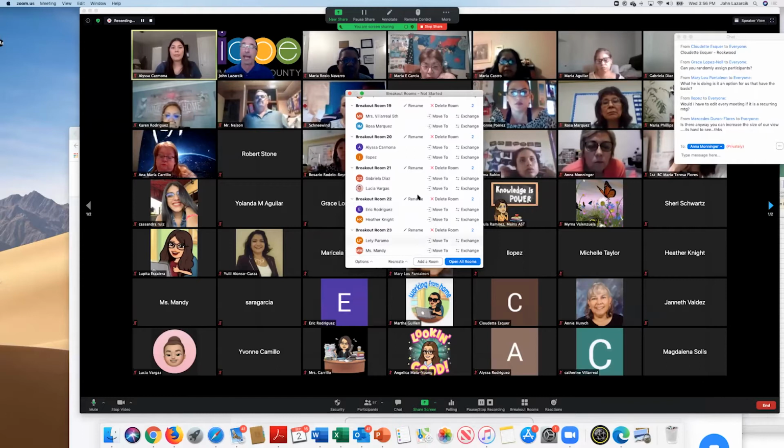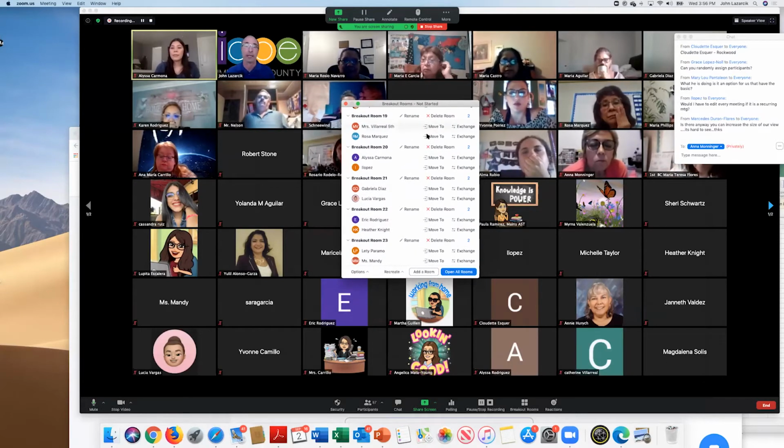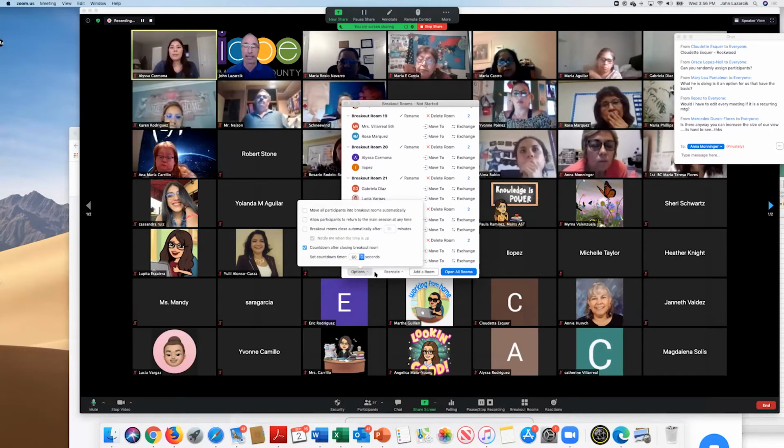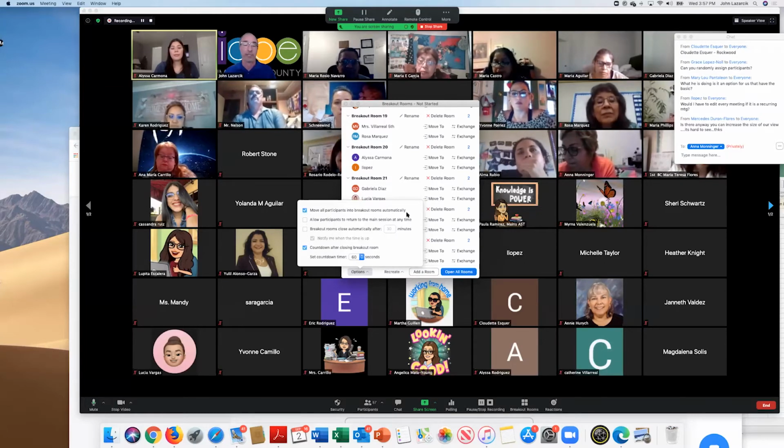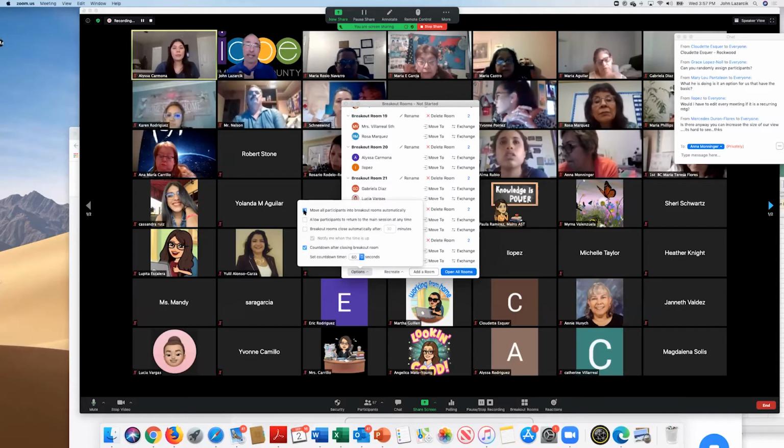So another option I have. I don't know if you guys have ever been in a training where I click on open rooms and there are always those 2 or 3 participants that just don't click on that breakout room piece. If you want them to go automatically, I click on options and I click up here. That moves all participants into the breakout rooms automatically. So they don't even have to look for a button or click, yes, I want to go. Boom, it automatically takes them. Key feature, especially if you're going to try it with maybe the 3 through 5 group, the younger kids, right?